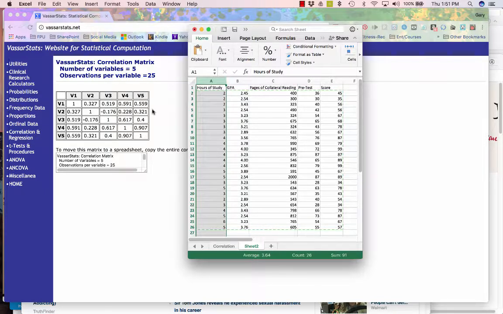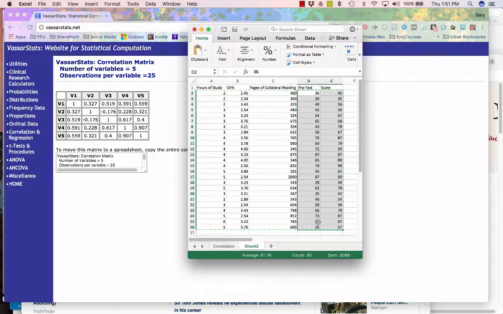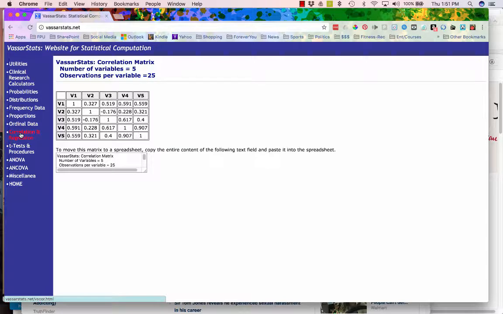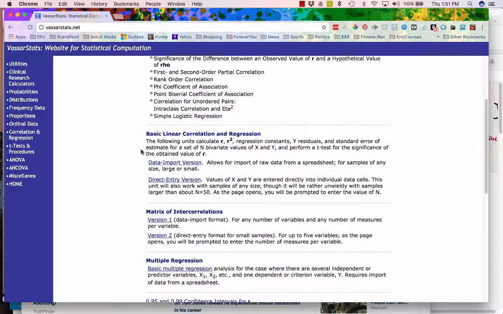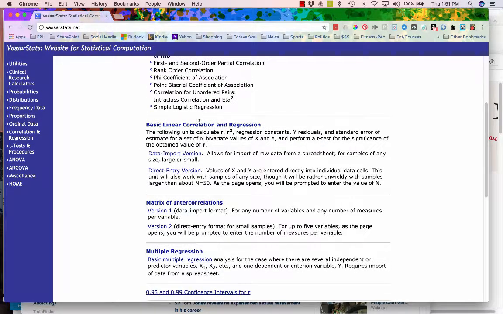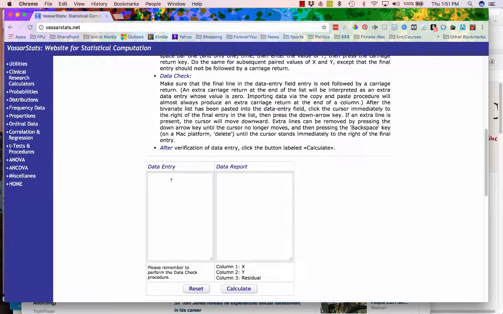Now because this is a very simple program, you're not going to get a lot from this matrix except an indication of where to go next. So we're going to go ahead and just copy the data from these two columns here, and we want to compare them to each other. We go back here to the correlation and regression page, and as I showed you in a previous video, we're going to go to the basic linear correlation, data import version,